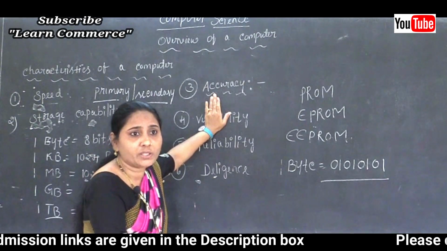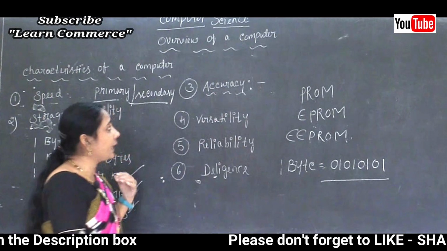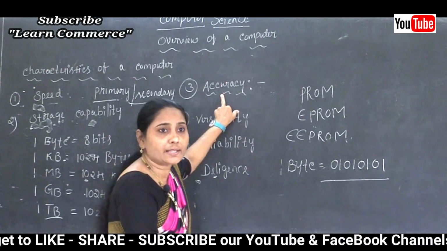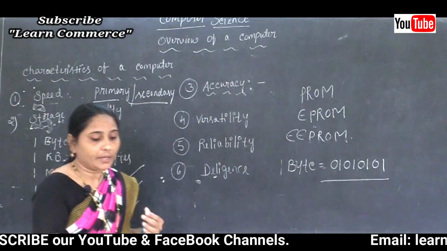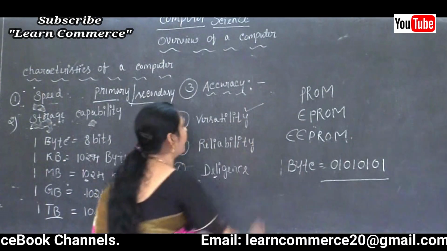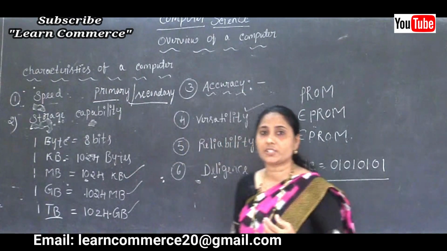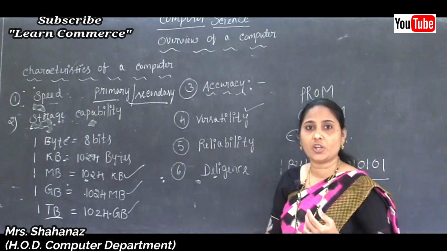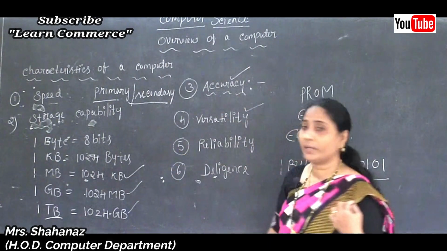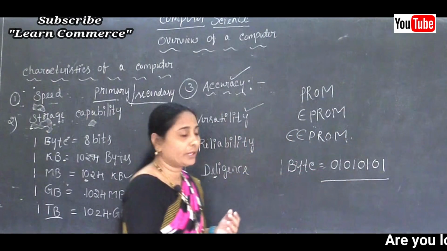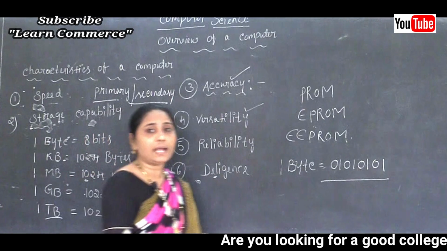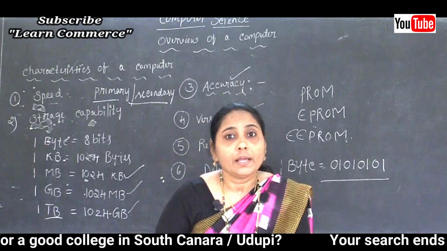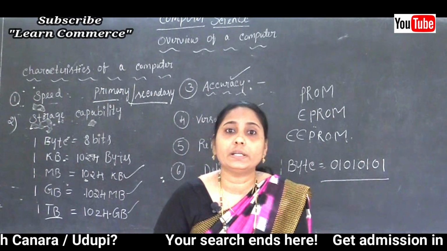Accuracy. So clear this point about the accuracy, that means it correctly gives the result on the monitor. Okay, and the next one is about our versatility. Now the fourth point is the versatility, because we just completed the characteristics of a computer. The first point is the speed, the second point is the storage capacity or capability, and the third point is the accuracy. Now let's talk about the versatility. We know that the computer can be used for a variety of tasks and jobs.